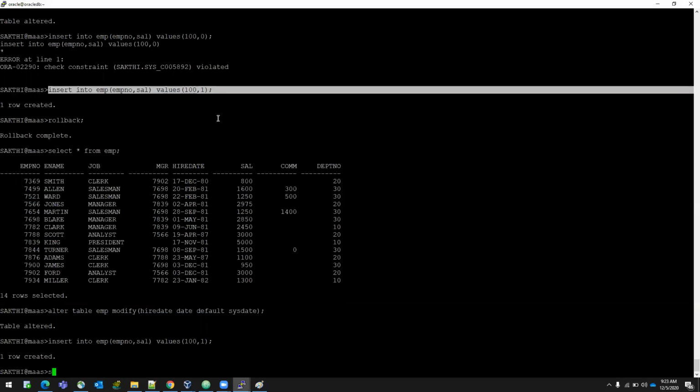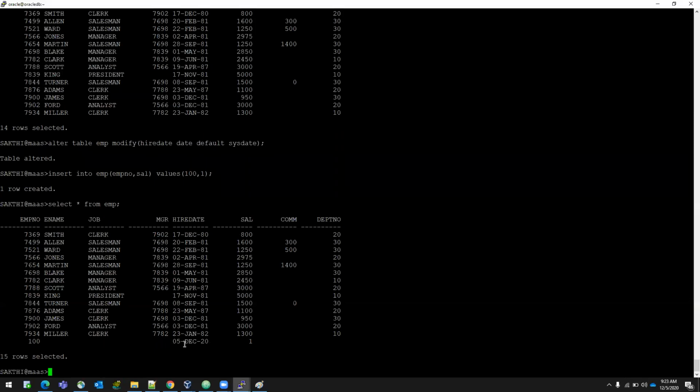Let's start from emp1. See, automatically the sysdate got inserted. Okay, I'll do one thing. Instead of this, I'll give sysdate plus 1. Let's try another value. If you don't give any value, it will insert the current date. If I give a value,